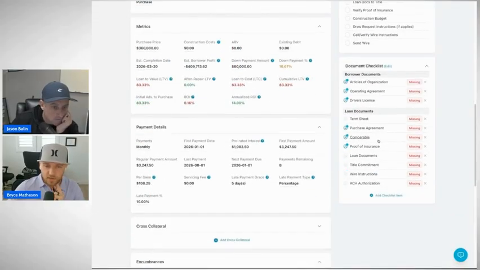This is our document checklist. A lot of people ask about this. Basically, any loan document that needs to be in the file will show here. And then as I add and upload documents, or as the borrower uploads documents, this will change from saying missing